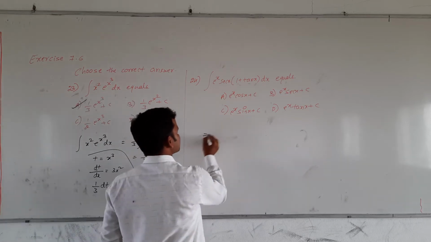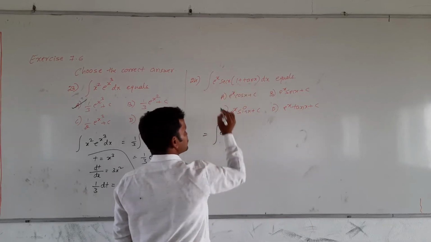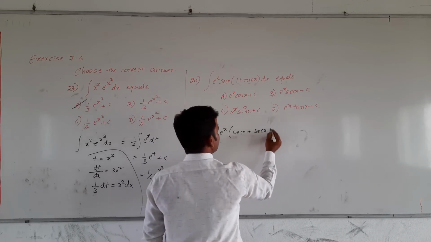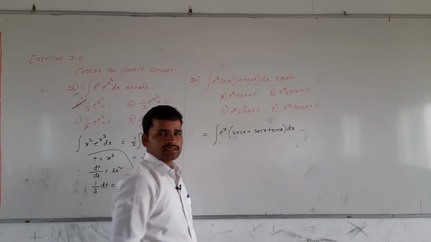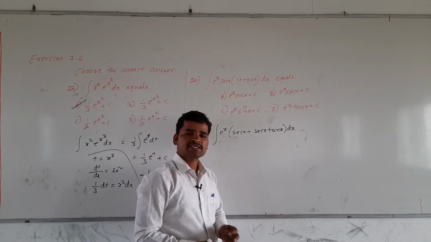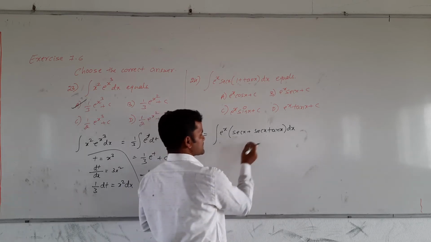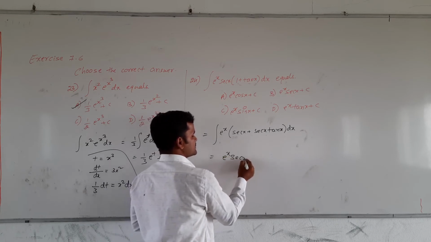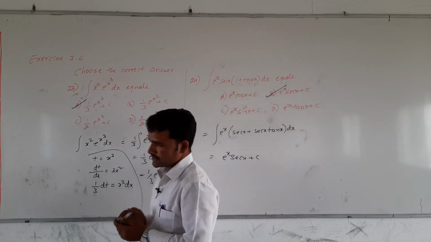Here I can write this is integral of e raised to x. Secant x we will multiply with these two terms, this becomes secant x plus secant x into tan x dx. Can you answer? F of x is secant x, its differentiation is secant x into tan x. So this is of the type f of x plus f dash of x. Answer is e raised to x into f of x, means e raised to x into secant x plus c. This is option B correct here.